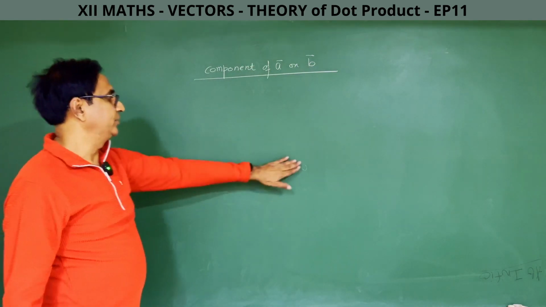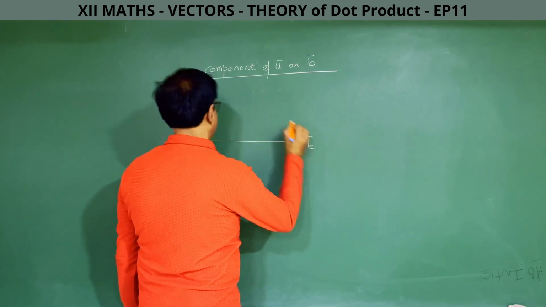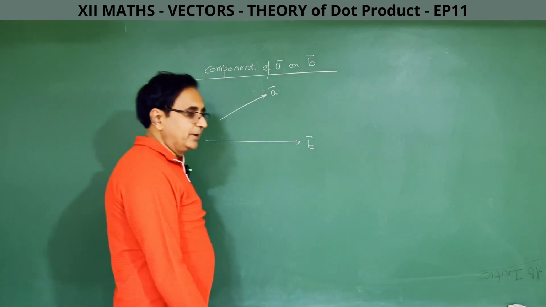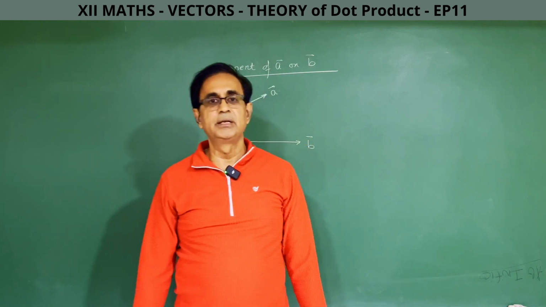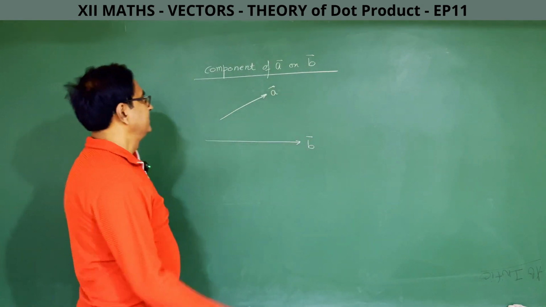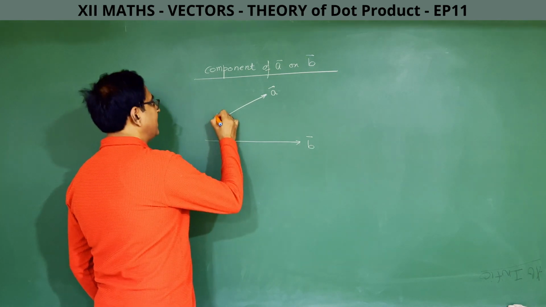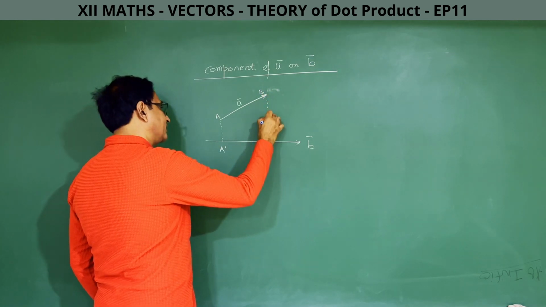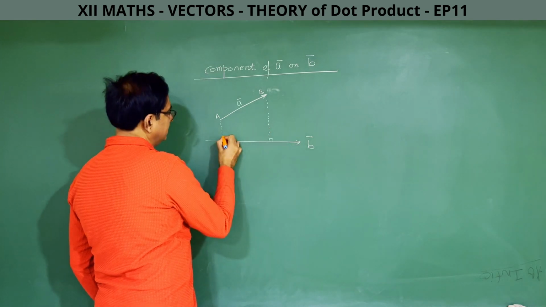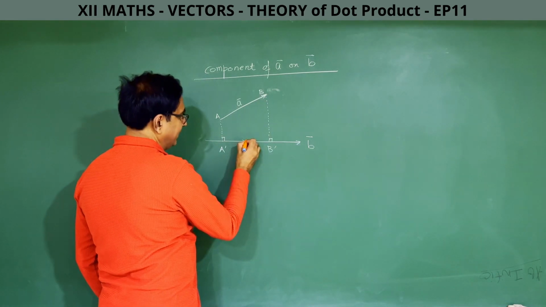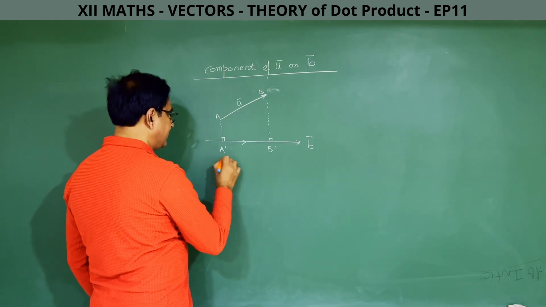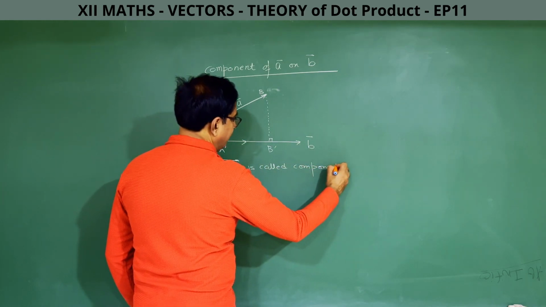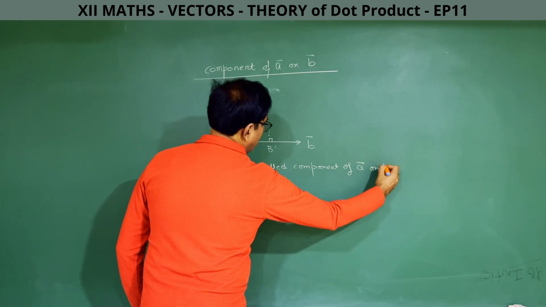Alright. So what is the theory we did earlier? Suppose this is vector B and this is vector A. So I gave you a dialog. Whenever you have to find the component of vector A on vector B, the dialog we used was drop your anchors. One anchor you will drop from here, we name this A dash B dash. Anchor means 90 degrees. If from a ship you drop an anchor on the sea bed, it falls at 90 degrees. This A dash B dash vector that is formed is called the component of vector A on vector B.